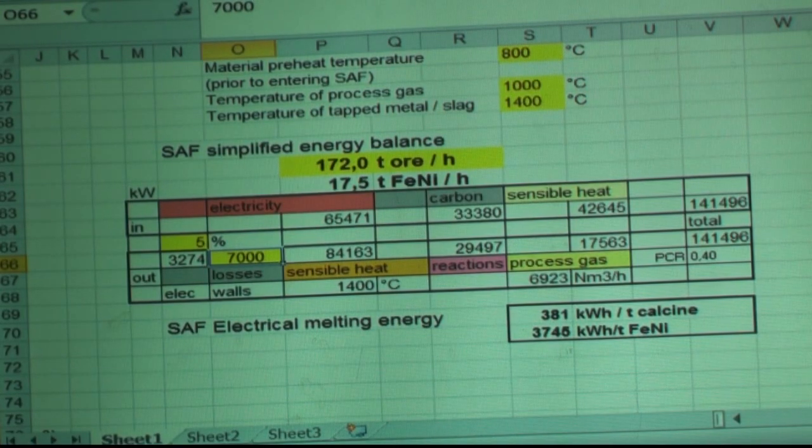So then the losses are that plus heat losses of the top layer to the roof, and this can be calculated more or less, using the heat transfer rule. But anyway, to me it's